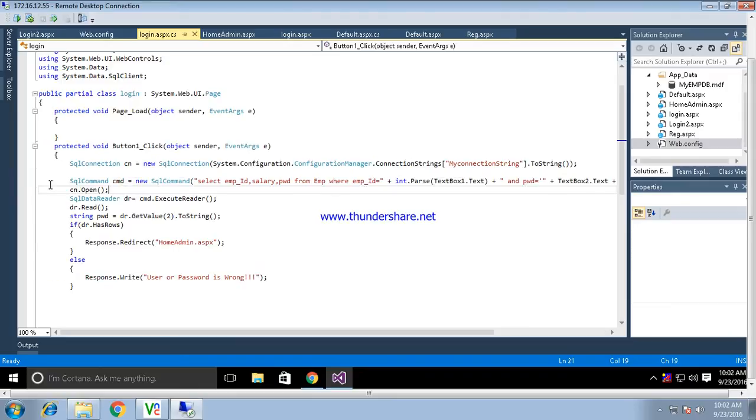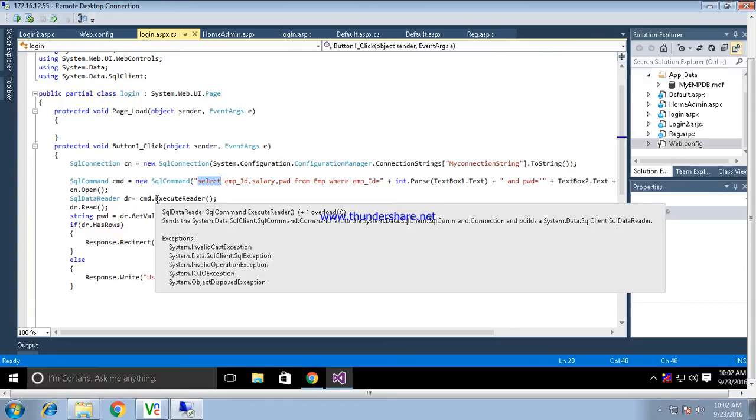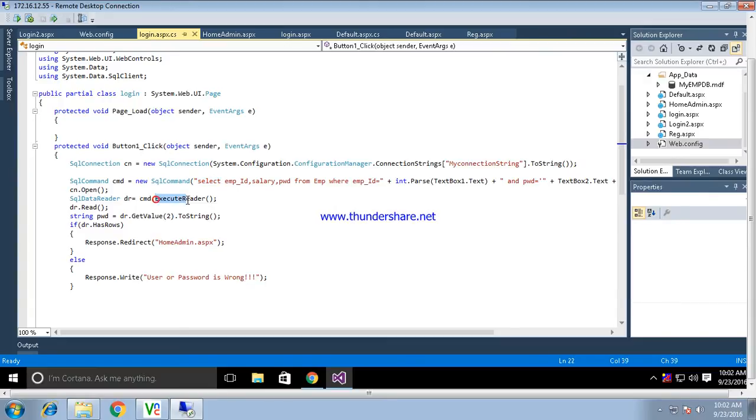Fine. So you have specified the query. If you have a select query, the specific method for the SqlCommand class is ExecuteReader. Whatever result comes, we store it into the SqlDataReader. Again, I have told you that we cannot create the object of data reader by using the new keyword.